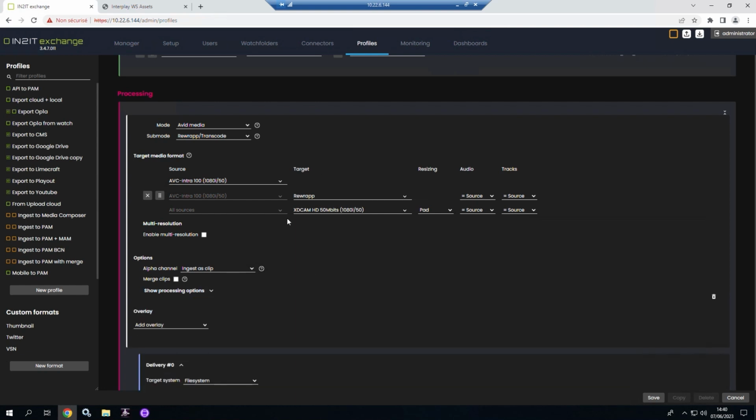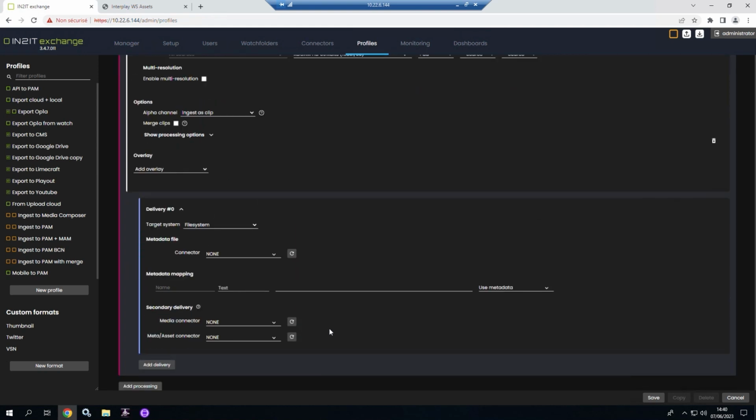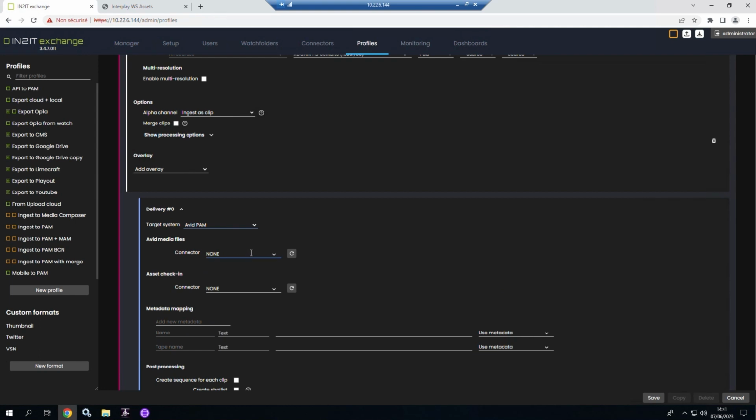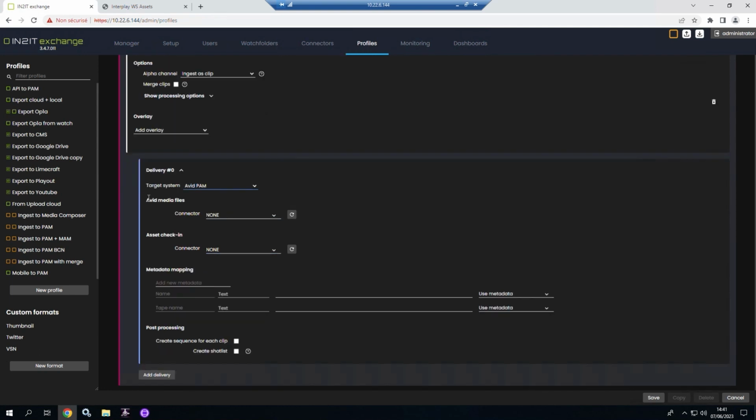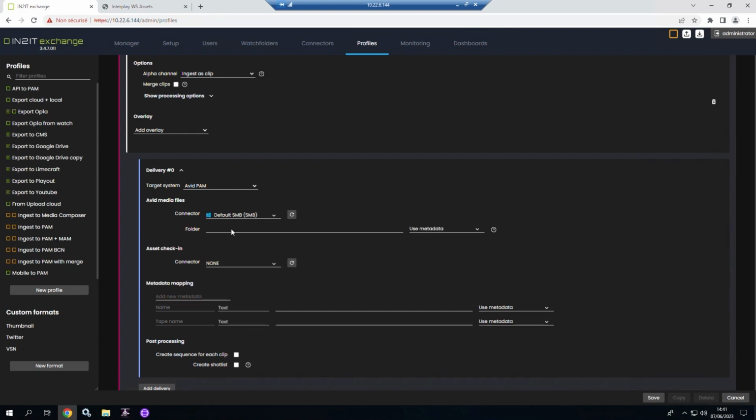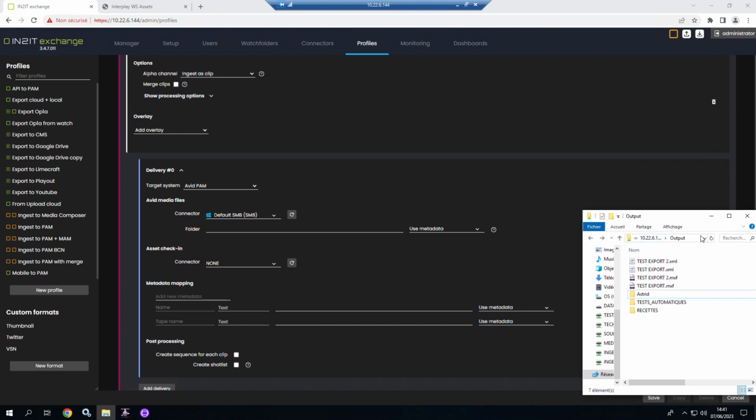Now that we have configured the media processing, we need to say what will happen with the delivery. So in our case, we want to deliver to Avid PAM system. We select Avid PAM and we have to define where the media files will go and where the assets will go in the database. For the media files, we can select here default SMB, and what will go here is